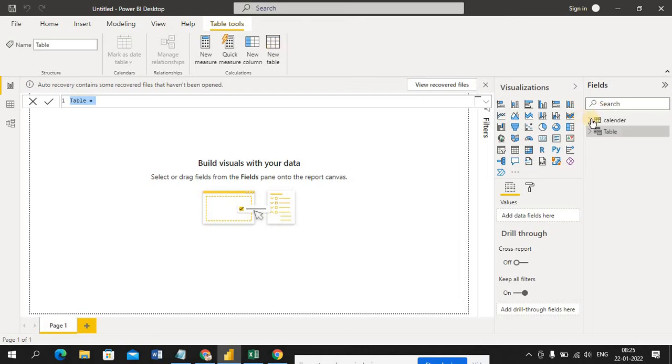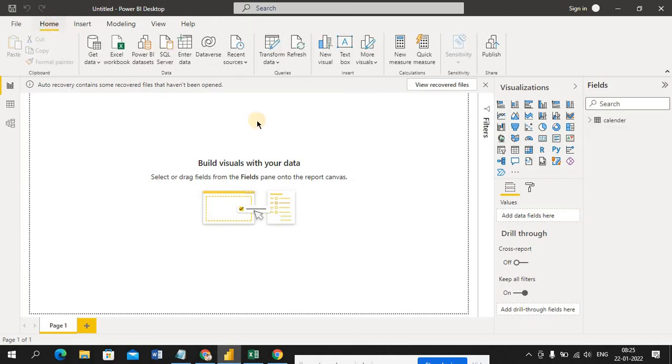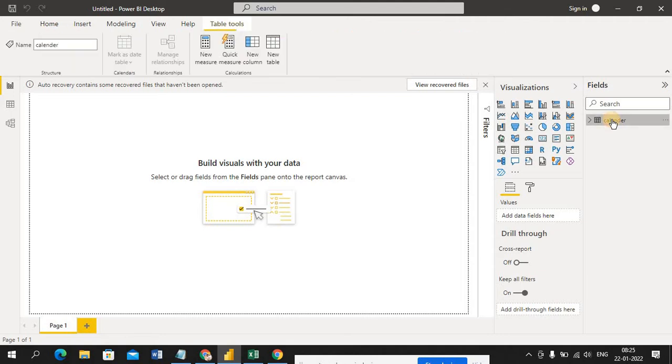So here also you can see the new table in the home tab. I'm going to the home tab. You can see here it is, Enter data. So what is the difference between it? Looks like it's the same. Enter the data. So what I do, I just enter the data here.